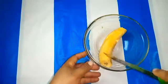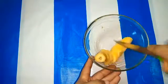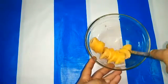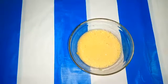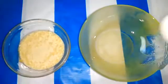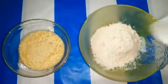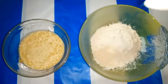I'll peel my overripe plantain and cut it into tiny pieces. This is to enable me blend it easily. So this is my blended plantain. I'll set that aside. In a bowl, I'll combine 1 cup of flour, 1 tablespoon of sugar, 1 teaspoon of